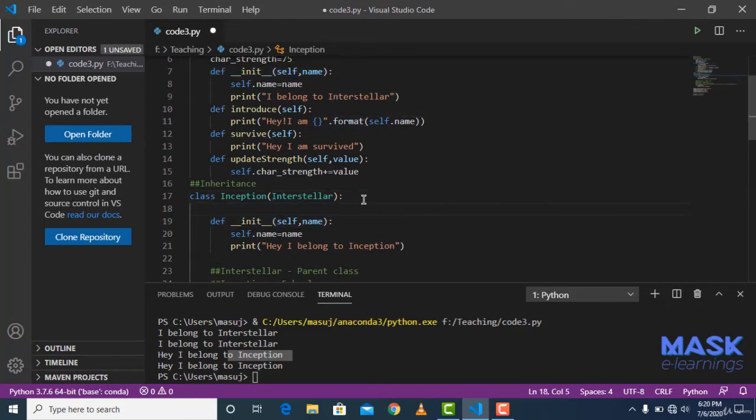Method overriding, because those two methods are actually identical. So that's why it's called method overriding. You are overriding the original method with this method, and this would make sense when you